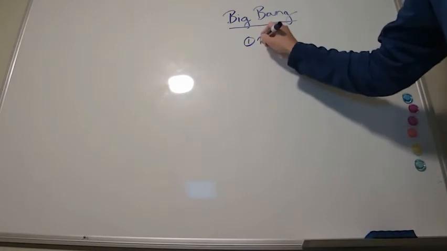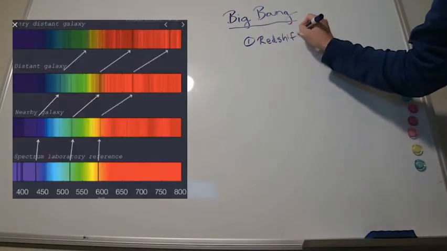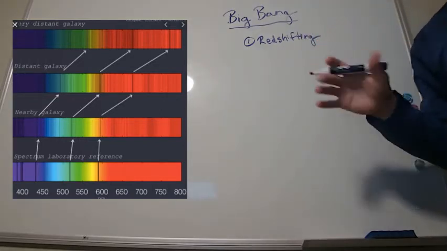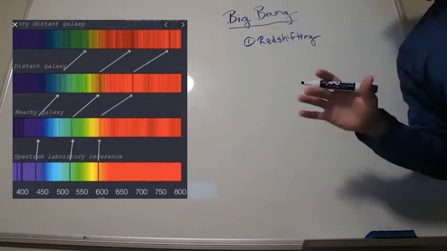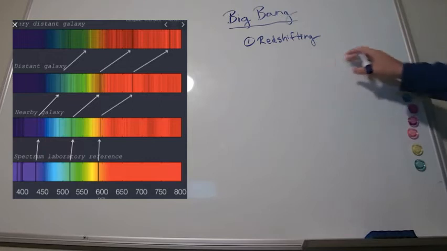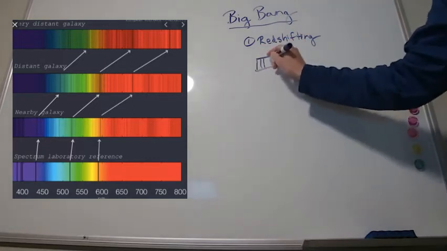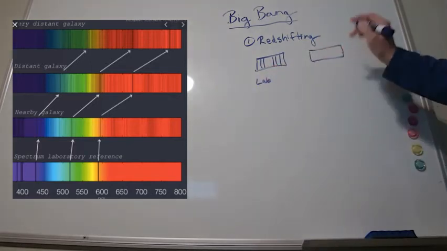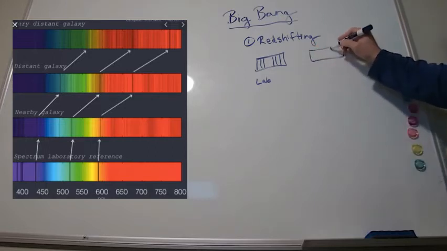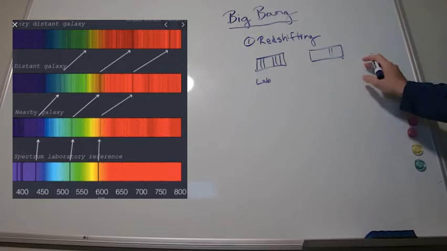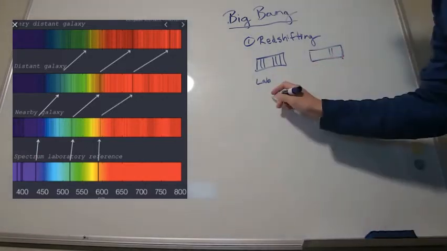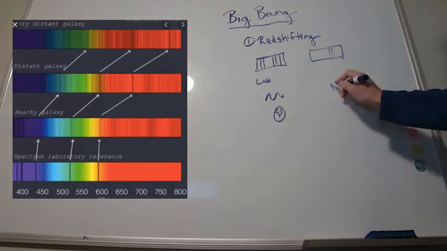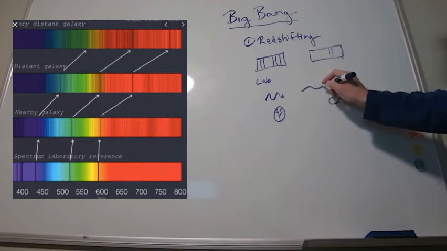And that first one we looked at was this idea of what's known as red shifting. Now, red shifting means if you look out in the known galaxies, anywhere, if you look at any object, with the exception of the Andromeda Galaxy, which is beyond this course, everything is shifted to the red side. Meaning if I have some normal set of spectral lines that I find in a lab, and I look at the exact same elements further away, they would be shifted more like this. Or maybe we don't even see all the lines, because what's happening is that the light itself, which is normally about this length, as it travels between Earth and wherever this object is,